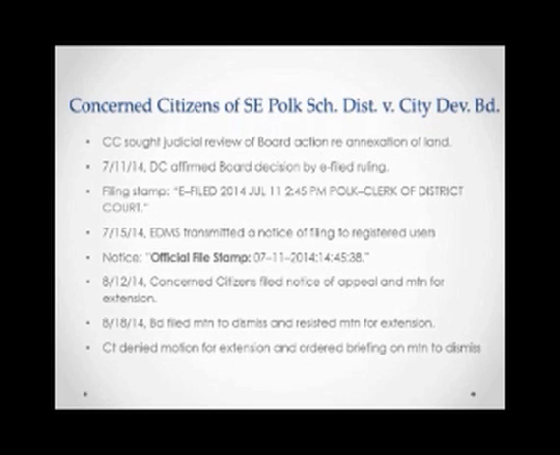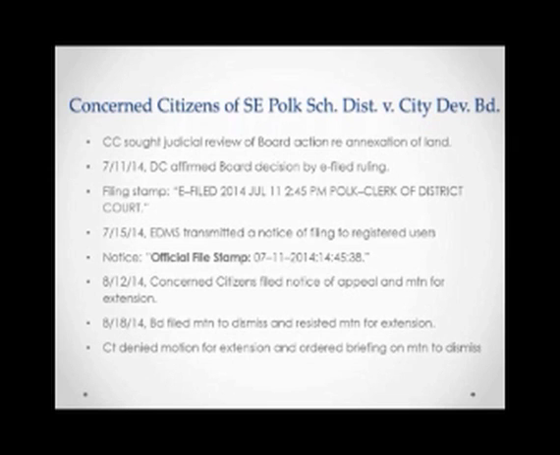Sometimes, and this was more of a problem I think when it first came out, there could be a significant lag time between the time you submit it for filing and the time that you actually get that notice that's file stamped. And that's what really shows that it's filed. So here, again, there was a several-day delay. The official file stamp on that notice said 7/11/14. Parties didn't get it until later.